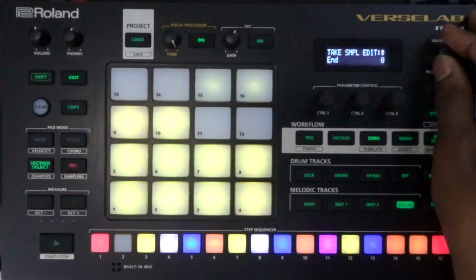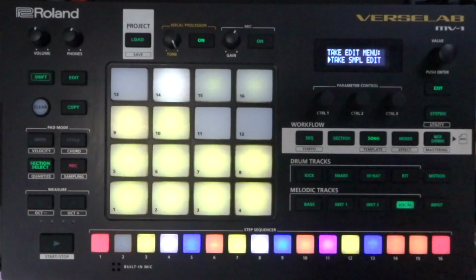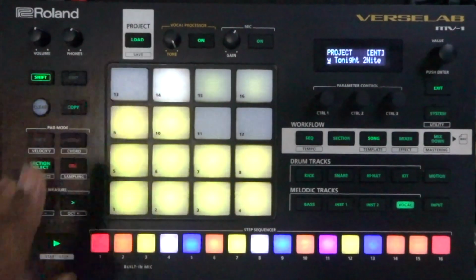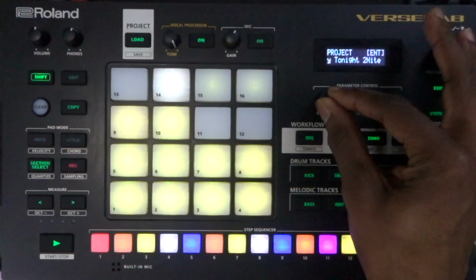I am happy with that. And I'm happy with my volume. And my output, I'm happy with that also. So now I'm just going to place it throughout the song. I can and I will hit Shift and Load because I'm going to save this. Now we have X, we have Y, and now we're going to have